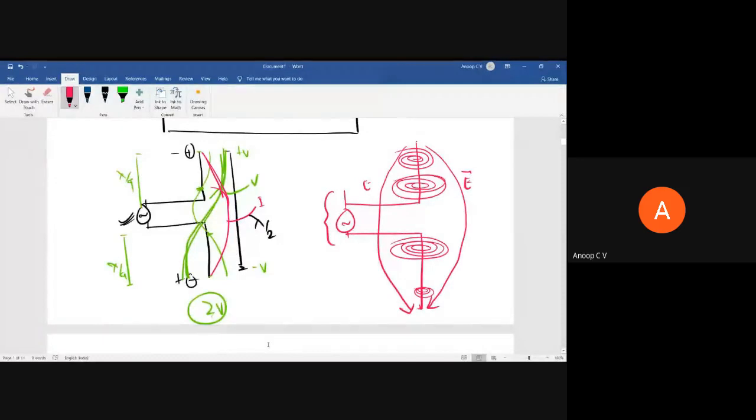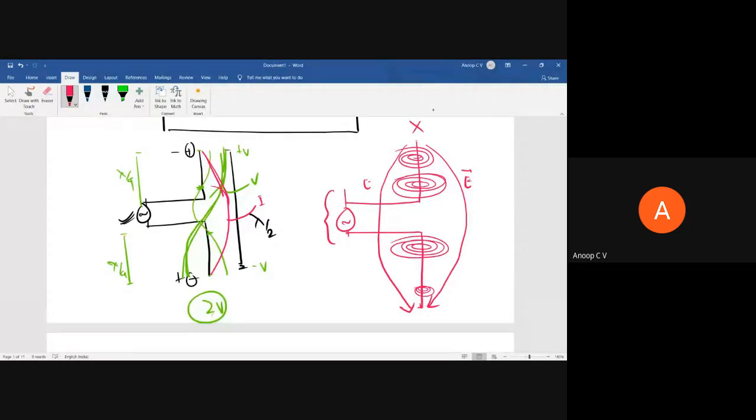So this is how the magnetic field will be. What happens is this antenna will not radiate towards top and bottom. There won't be any radiation towards top and bottom, as you can imagine. Towards these end directions there is destructive interference, the fields are getting cancelled out, and towards these two directions there will be radiation.